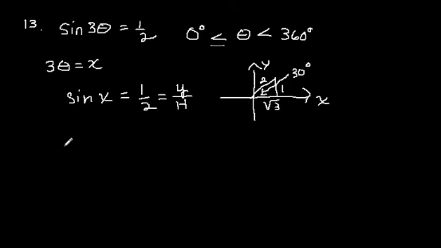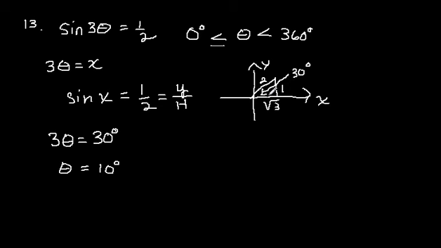So we know that since that is our x, we can replace it there, so we get 3 theta equals 30 degrees. Now we need theta to be between 0 and 360. So if we divide this by 3, we get theta equals 10. Now we're going to need a lot of different degrees to get up to 360, starting at 10. The other place that we're going to get 30 is, let's see, we're going to get another one at,